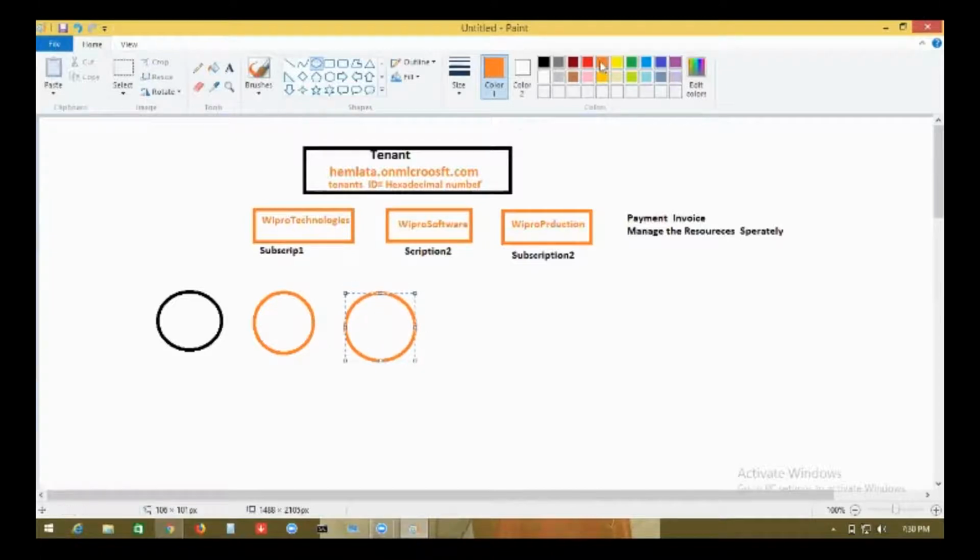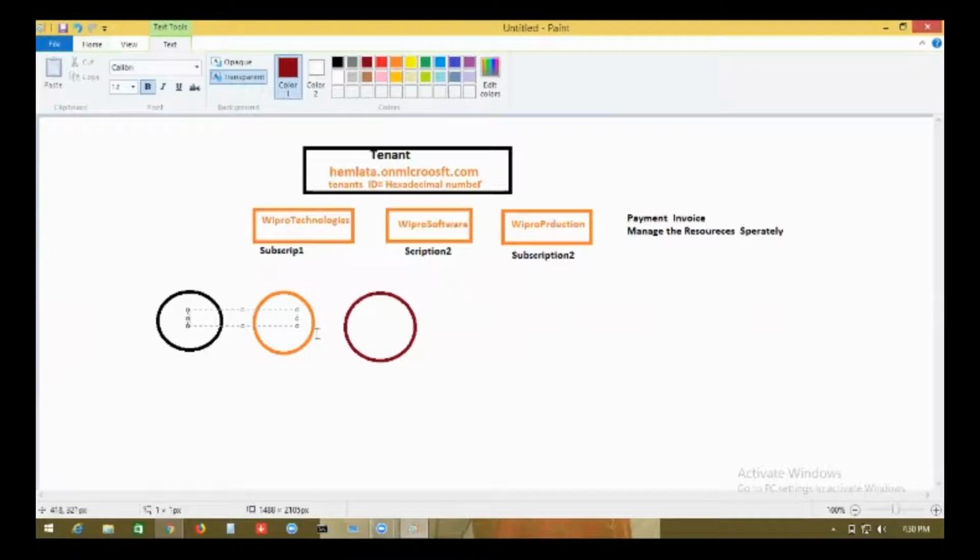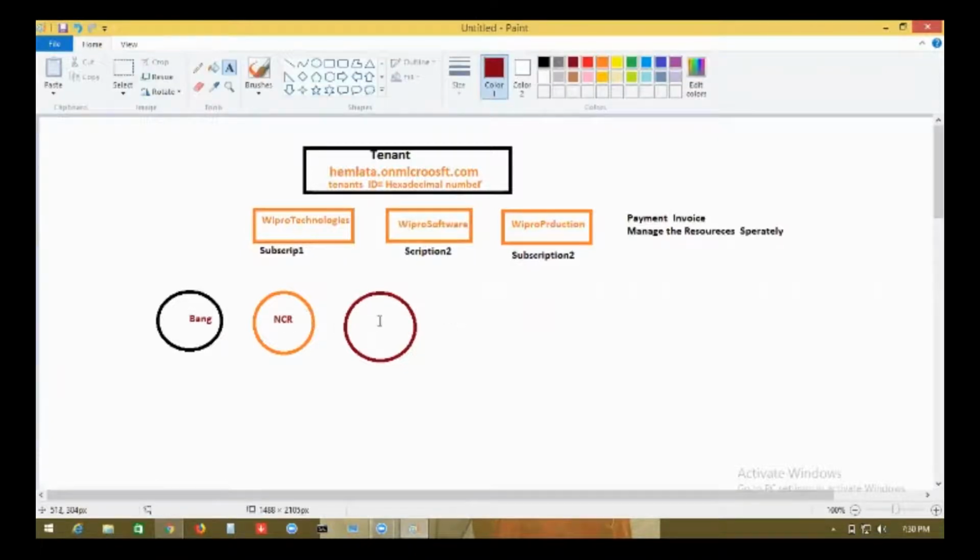So what does Wipro do? They create three resource groups. Understand now resource groups? They create, for example, a resource group called Bangalore, another called Noida or maybe NCR, and another one called HYD.